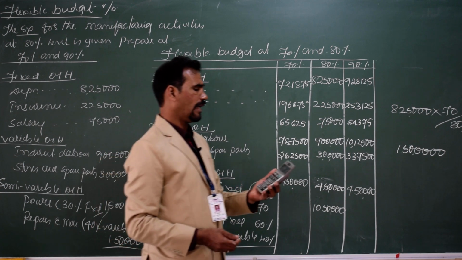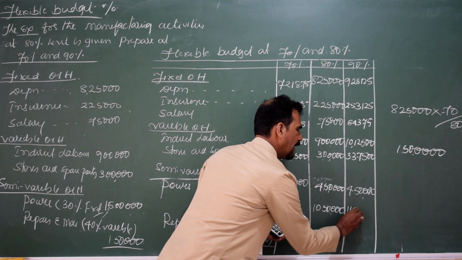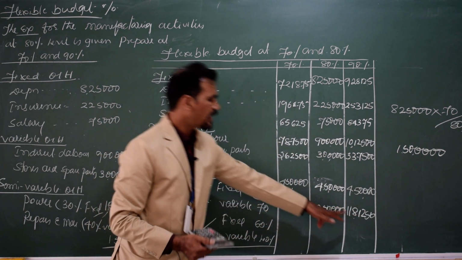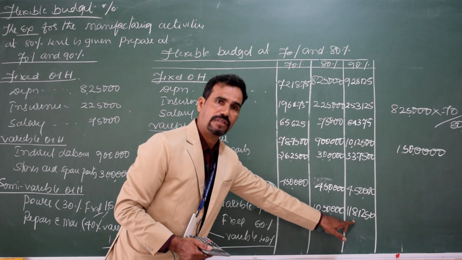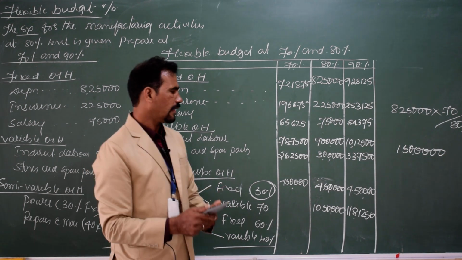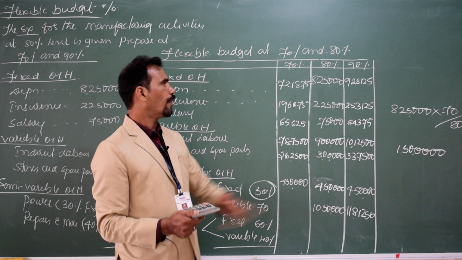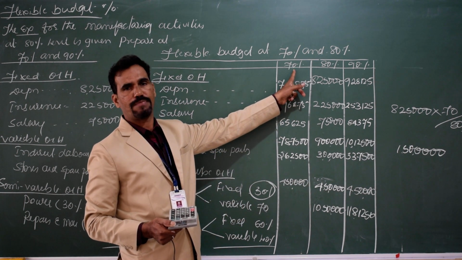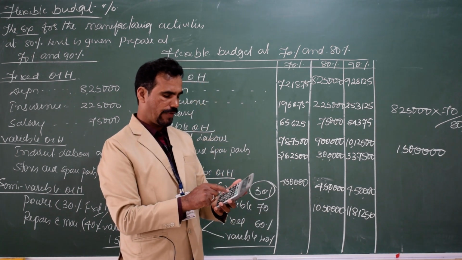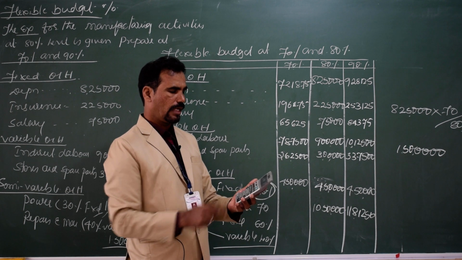So, 11,81,250. 11,81,250 for variable cost. The same cost will be converted for the 70% capacity also. So now, what is the next level we wanted? 70% capacity we need. So, out of 90%, into 70% divided by 90% capacity equals